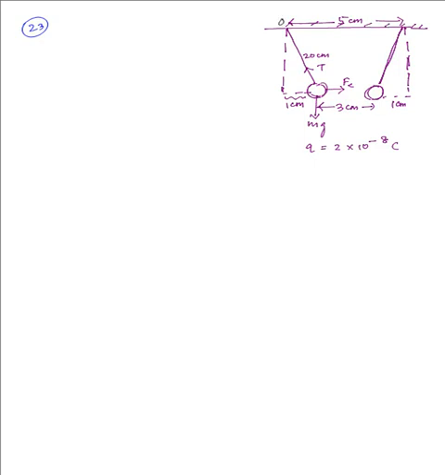This is O, this is A, and this is B. From the condition of equilibrium, the horizontal force divided by the horizontal length, that is AB, which is 1 centimeter, is equal to the vertical force, which is mg in this case, divided by the vertical length, that is OA, and finally equal to the slanting force, that is the tension along the string, divided by the slanting length, that is 20 centimeters. Now OA is simply